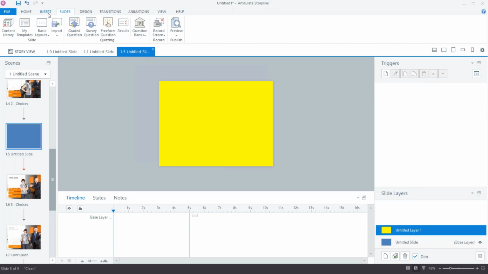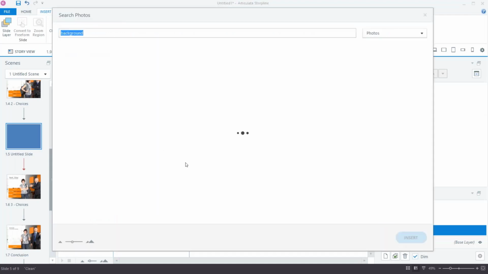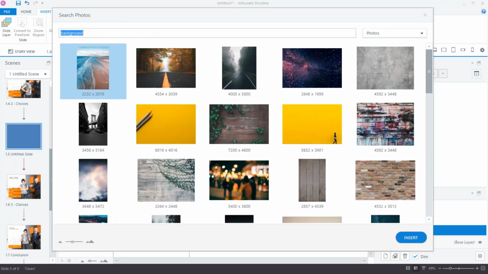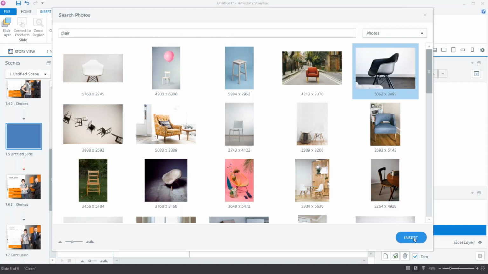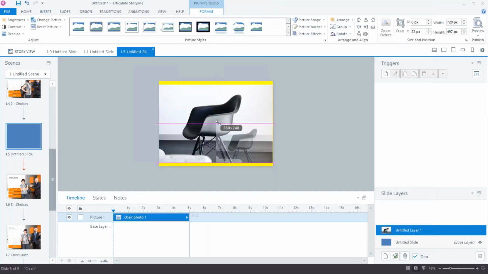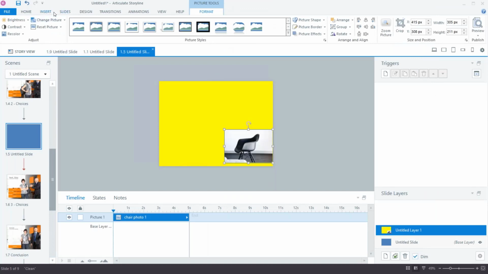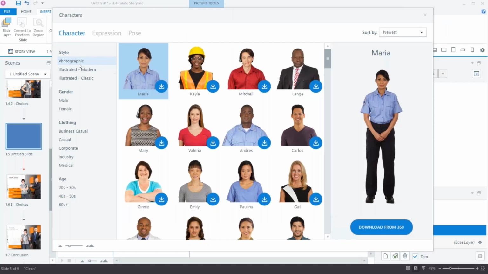And then I could insert a photo really fast if I wanted to, say a chair. I came in and said I want to insert this chair, put it on the base layer, maybe I want to insert a character.